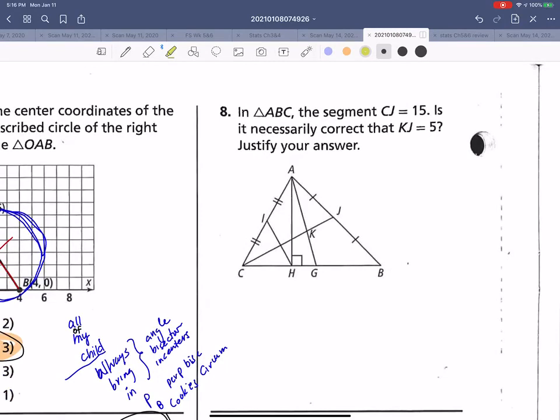In ABC, segment CJ is 15. So A, B, C. So in this figure, this length, CJ, okay, CJ is 15. Is it necessarily correct that KJ has to be 5? Does this have to be 5? Interesting. So the answer would be yes if